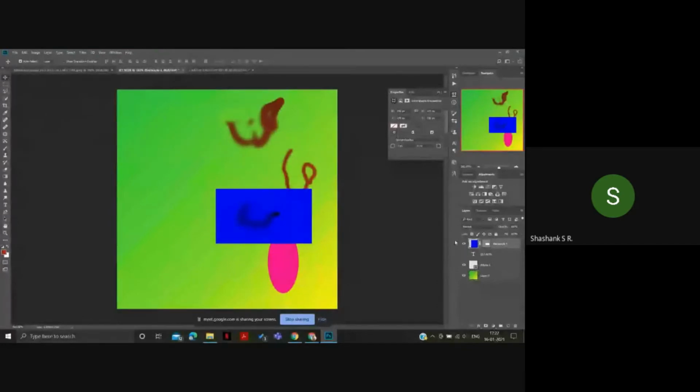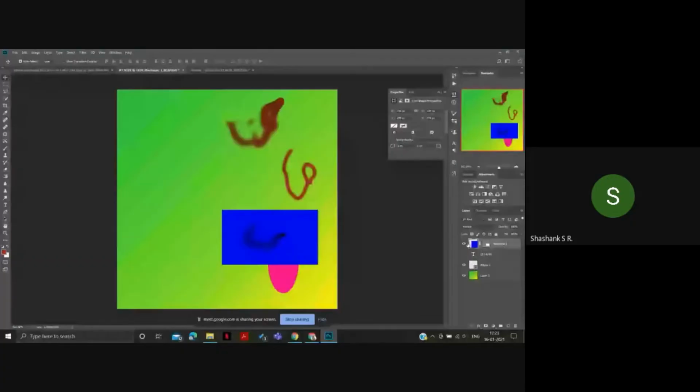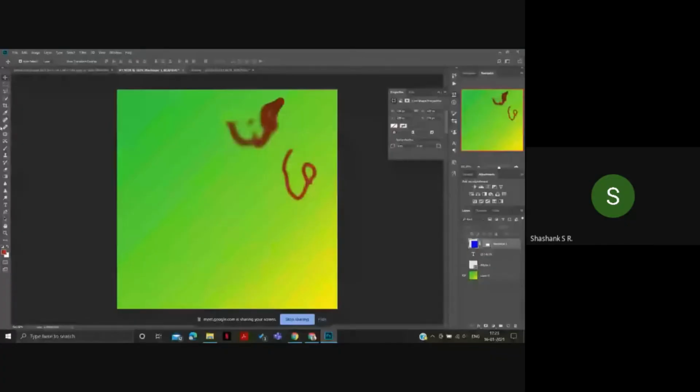So I'll just hide this rectangle thing by clicking on this eye icon here. So it'll just hide over here. You can undo this just like this. So this is the text tool.